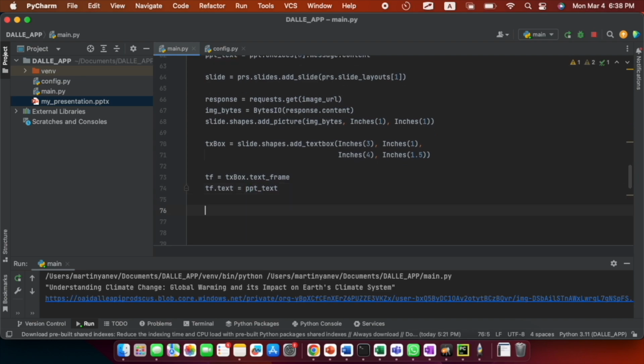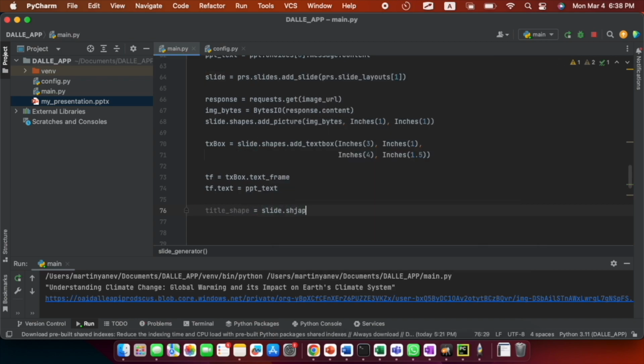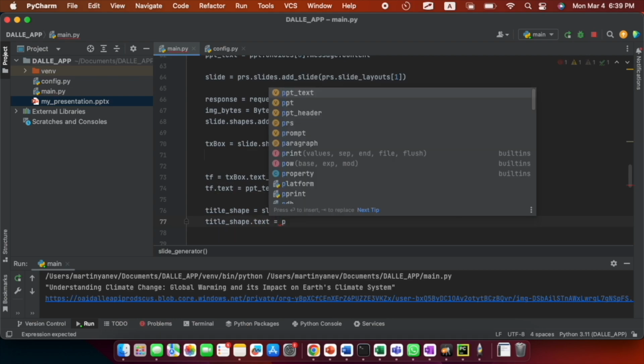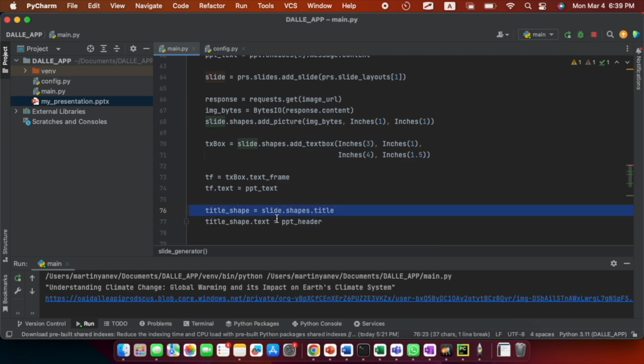Now once we're done with that, we can add a title. So let's do title shape equals to slide dot shapes dot title, and then I will do title shape dot text equals to ppt header. And here in the same way, we are creating a title, and then we put our PowerPoint header